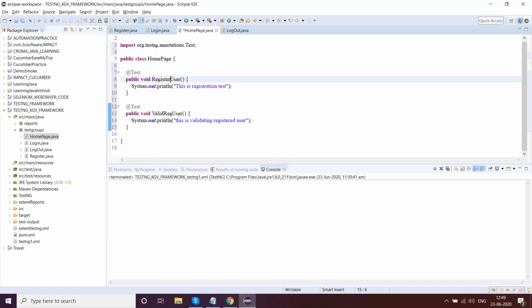The only thing is I'll change it: public void home page landing, this is home page landing test, and then I will write home page profile logo, this is validating profile logo in home page.